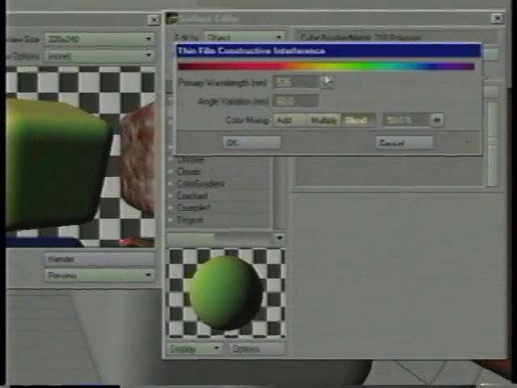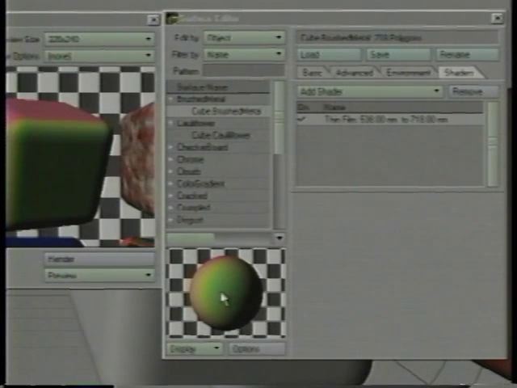Thin film's pretty cool. It's basically using the incidence angle to the camera, or the angle from the camera to the polygon, to determine what color it is. If I click right on green, it's going to be green edge on or face on, and then it's going to tilt away from green as it goes out to the edge. If I change my angle variation, let's just set that up to like 180. So it's now going to go from green 180 degrees through hue over to red as it falls off along